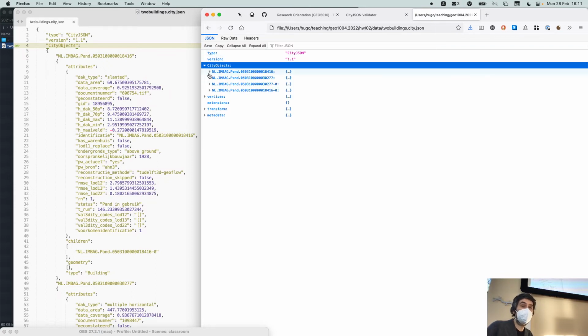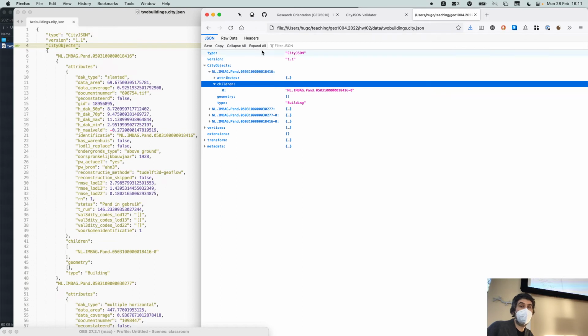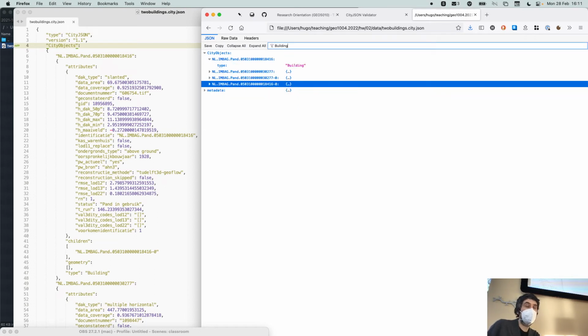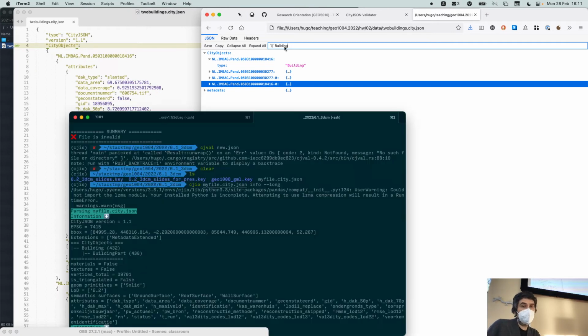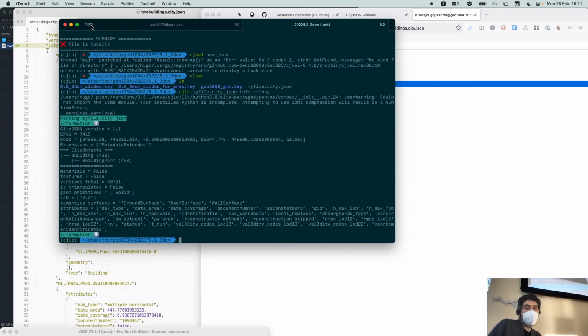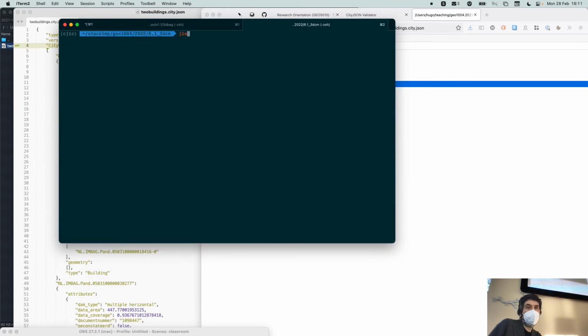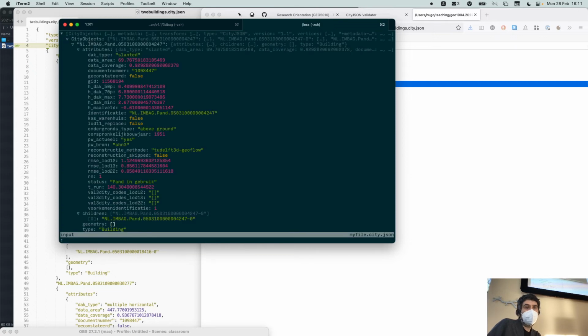You have city objects, all of them, and then you can explore, and you can also filter, let's say, all the buildings, and they show you everything. There are a lot of ways to look into a JSON file, but I think this is a good one. Another one would be to use something that's called, how's it called? JLess. If you use JLess, then it creates the same thing in your command line.